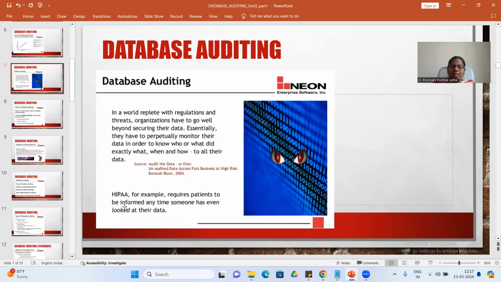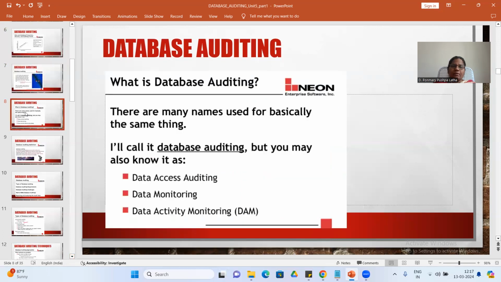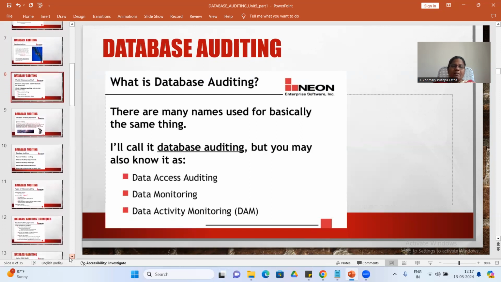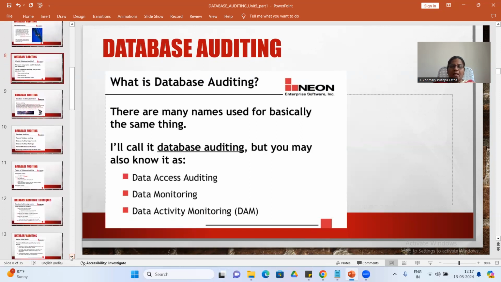For example, HIPAA is for healthcare related data. Even then, someone has to audit for HIPAA. There are many names for database auditing: data access auditing, data monitoring, data active monitoring. Like this, there are different names.